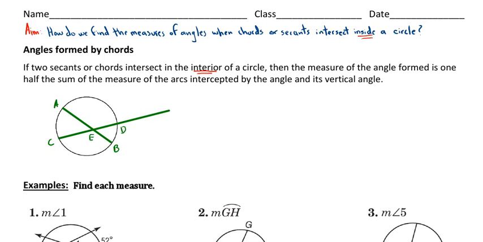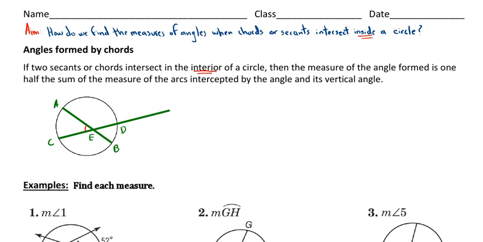So the measure of the angle formed is 1/2 the sum of the measures of the arcs intercepted by the angle and its vertical angle. So let's say we're talking about this angle here. So the measure of this angle, which is the same as the other one, is going to be 1/2 the sum of